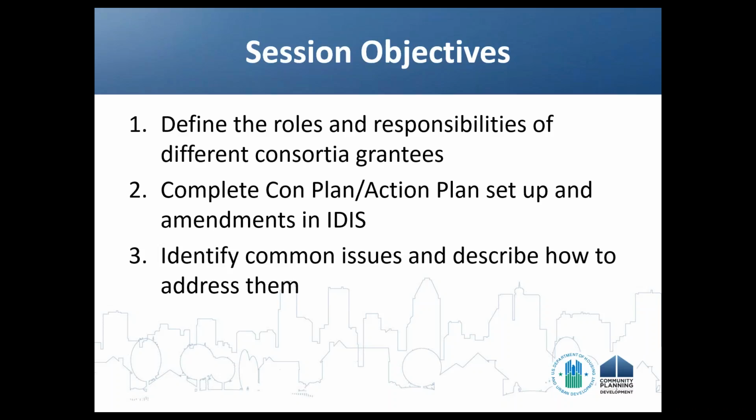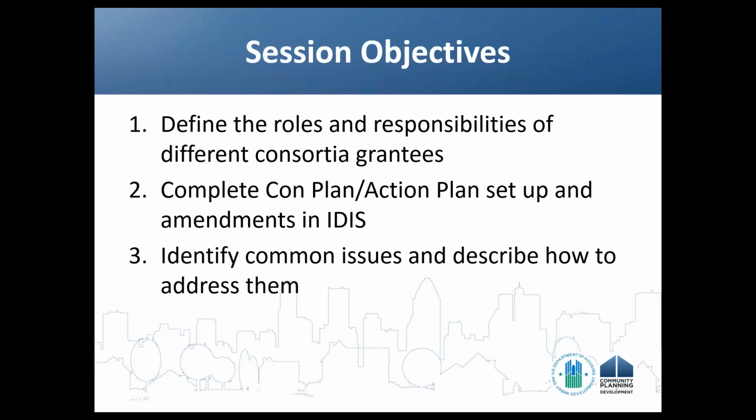And to finally identify common issues that you may be facing and understanding and being able to describe how to address them. And speaking for myself and speaking for both Beth and Peter from HUD, our goal of the next hour and a half is to answer your questions.